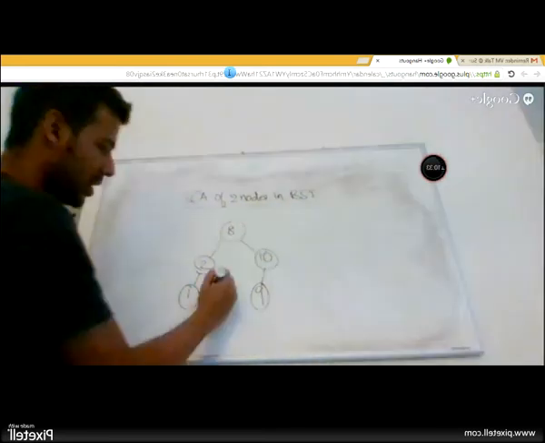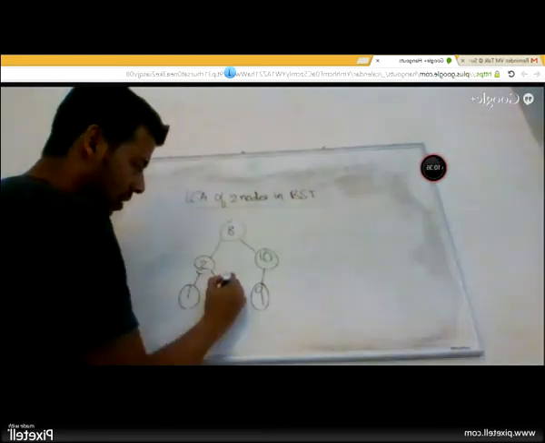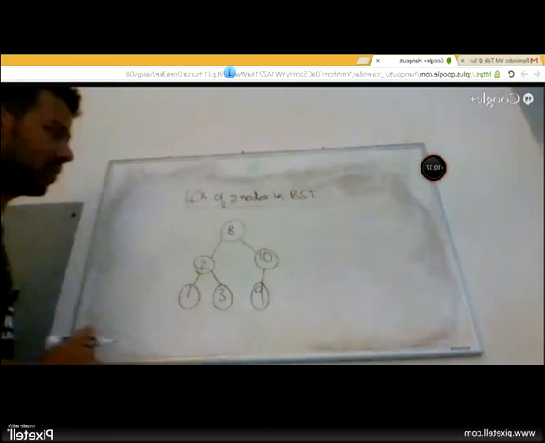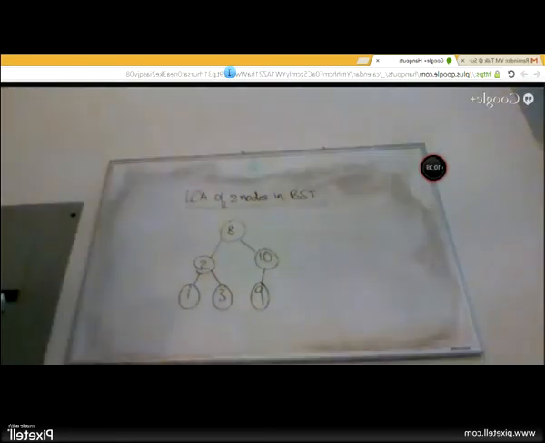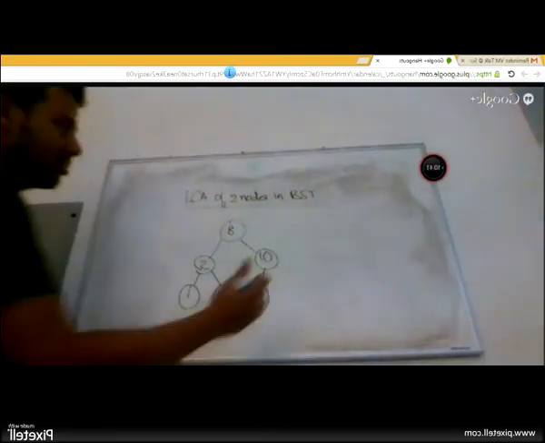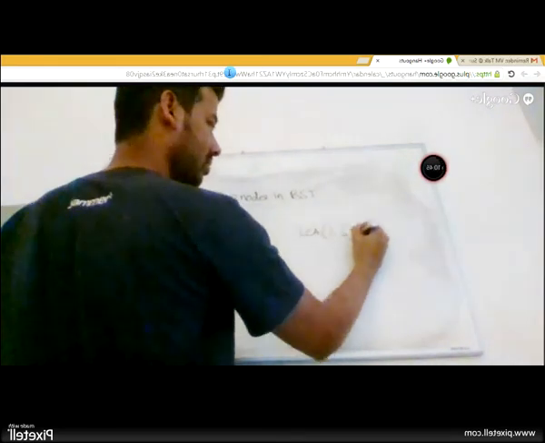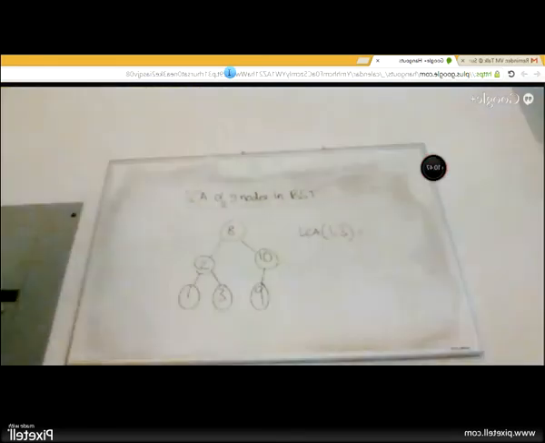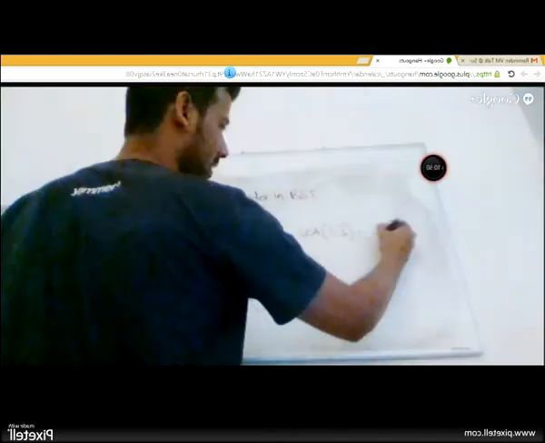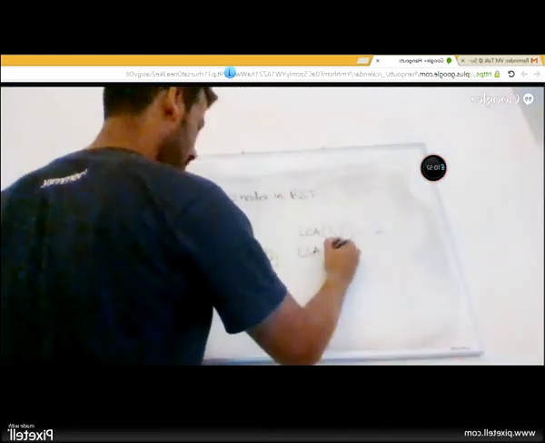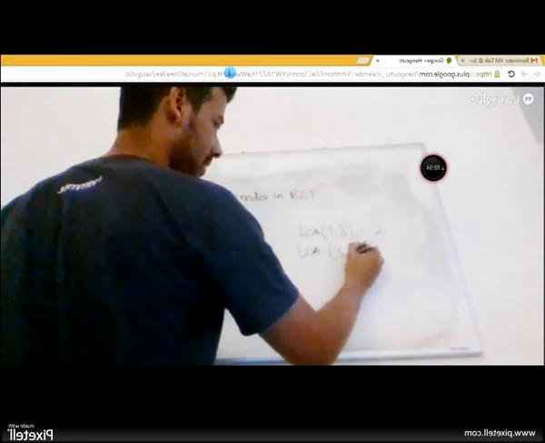What is the lowest common ancestor of 1 and 3? Lowest common ancestor is 2, correct. LCA of 3 and 9.